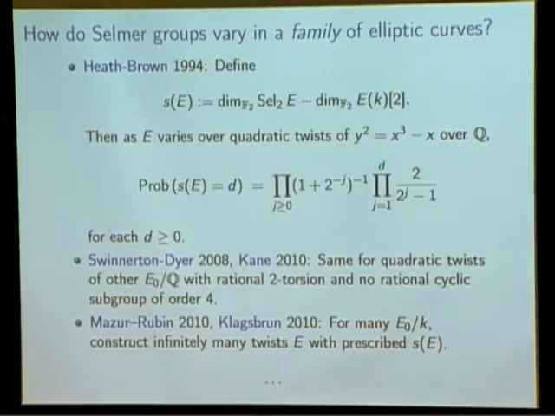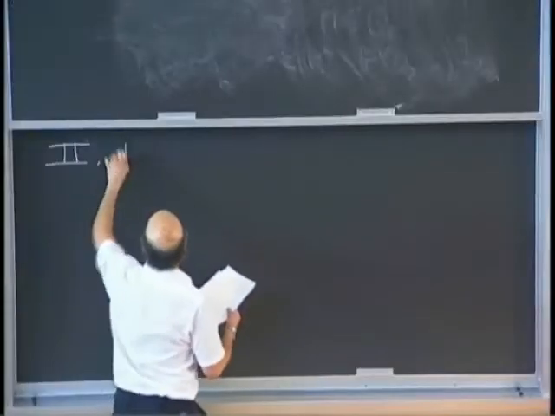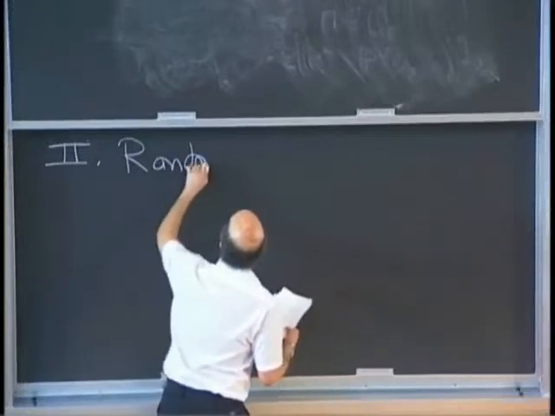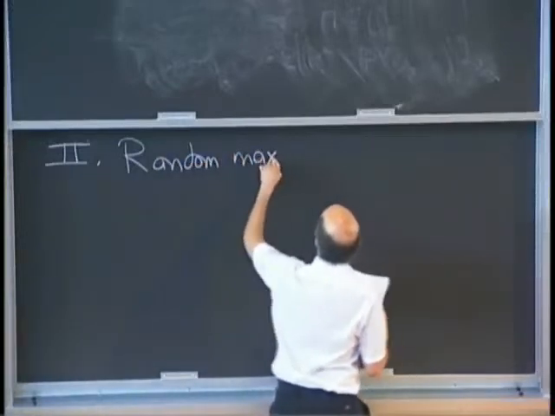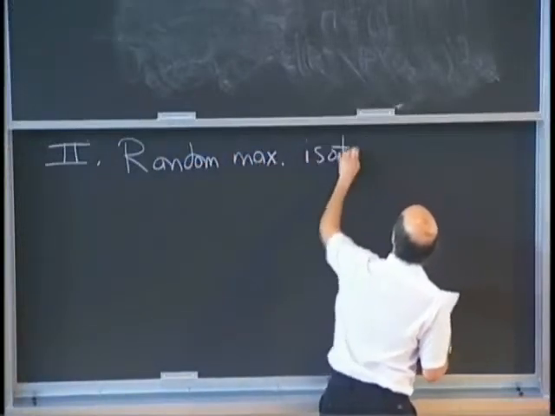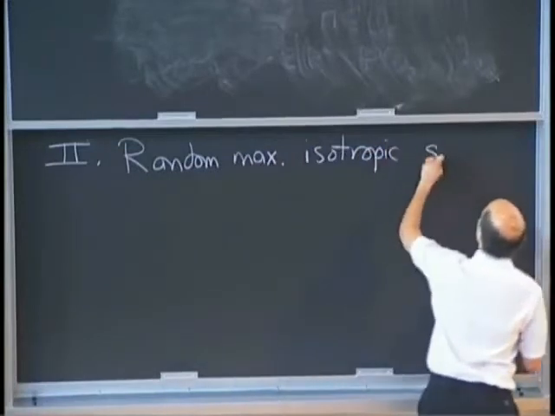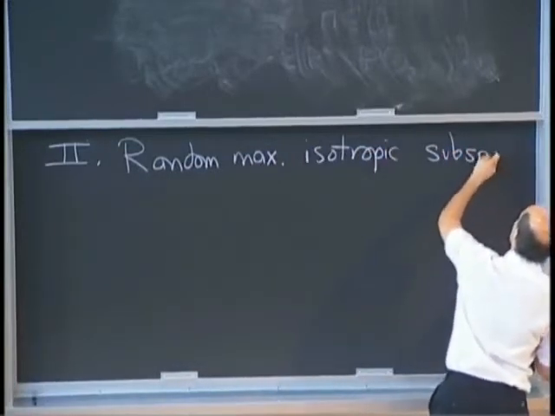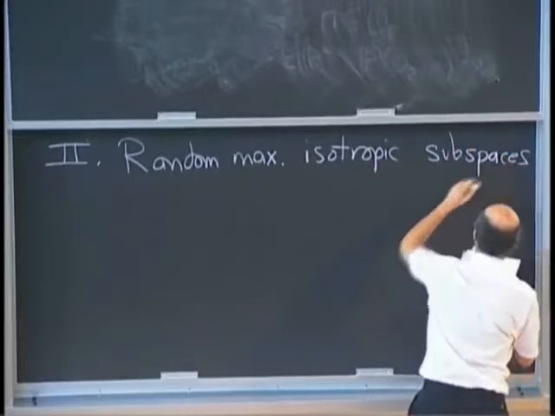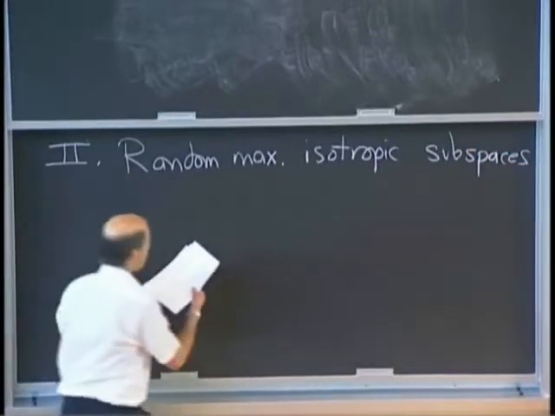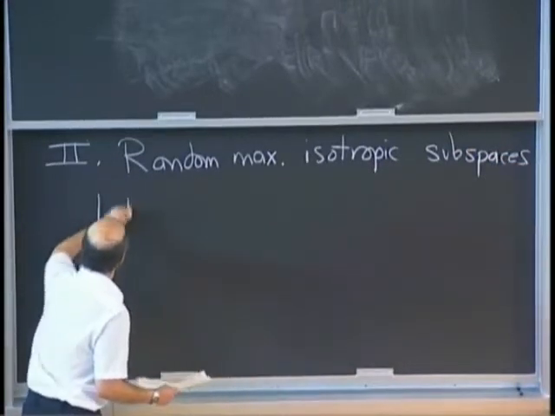I'm going to start by talking about something that looks completely different. Okay, this is part 2. That was part 1. So this is going to be about random maximal isotropic subspaces. I'm going to fix a finite field Fp, and I'll start with